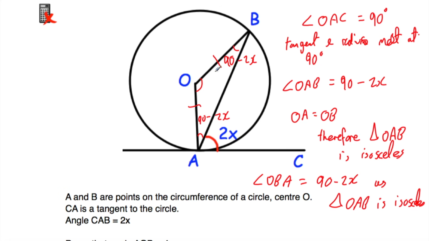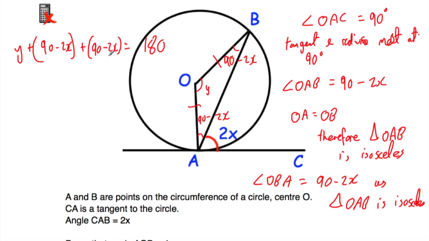So we now know the size of this angle is 90 minus 2x, and we've got a triangle and we know the size of two of the angles. Now we've been asked to show that this angle is 4x. So I'm just going to let this angle be called y for the moment, and I know that these three angles must add together to be 180 degrees. So let's write that down. That y plus 90 minus 2x, just going to put that in brackets, plus 90 minus 2x